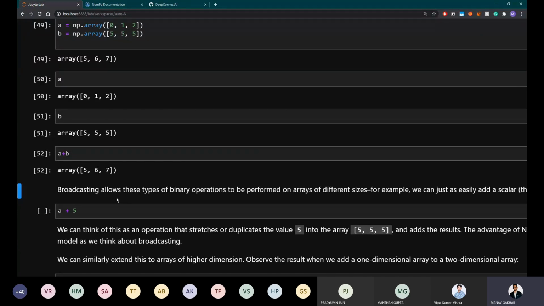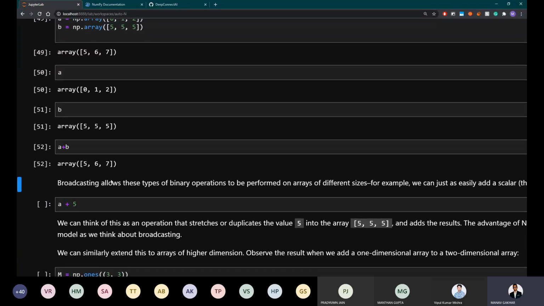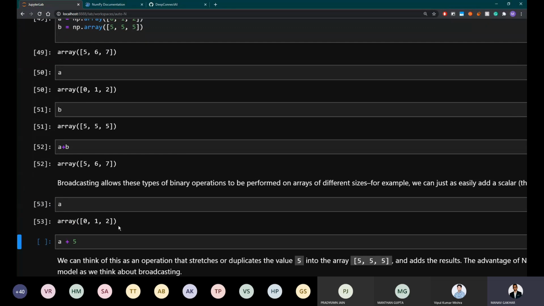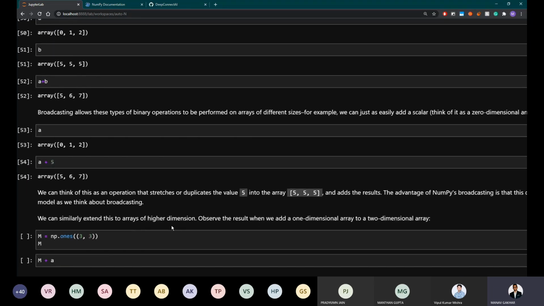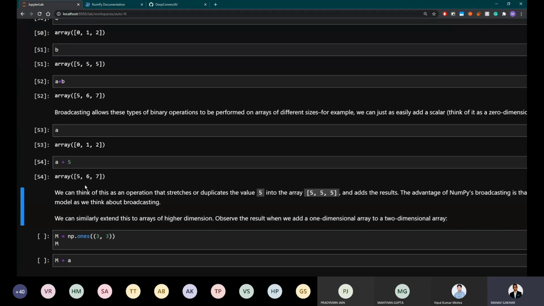But what if we were to add a single element to the first array? What do you think will happen if we add 5 to this? Will it get added to only the first element, only the second element, or only the third element? Or will it get added to all the elements? It will get added to all the elements, and we'll see why that happens. You can think of it intuitively like this. If you want to add 5 to this array, NumPy interprets it as a 1 comma 1 shaped array to make it compatible with the shape of this.